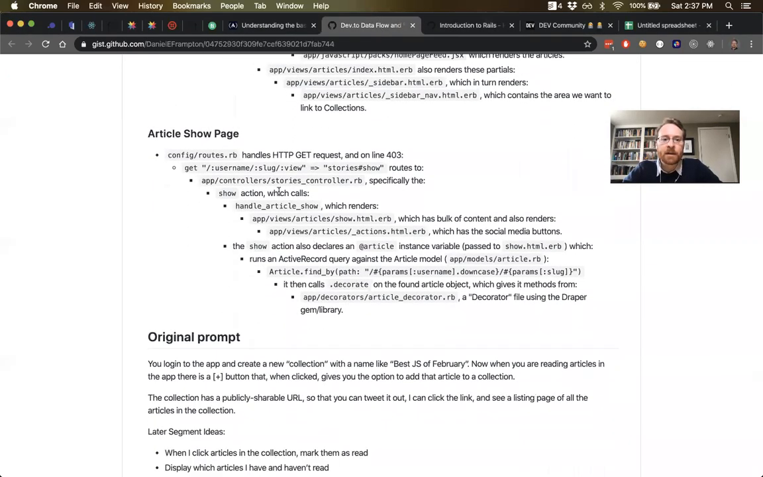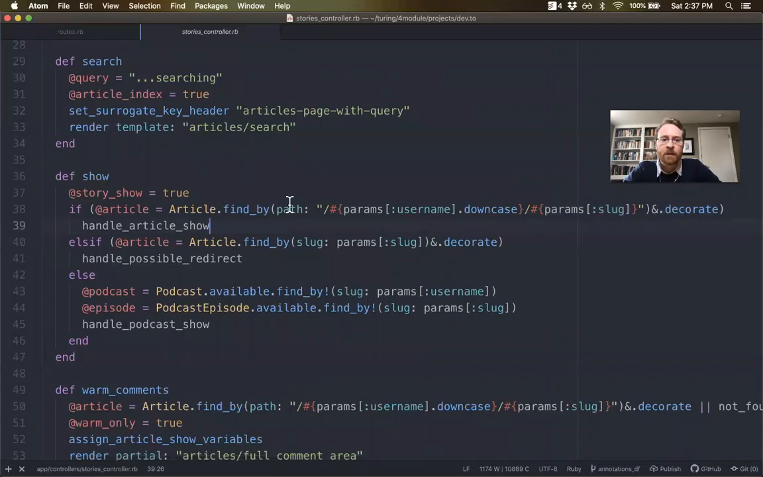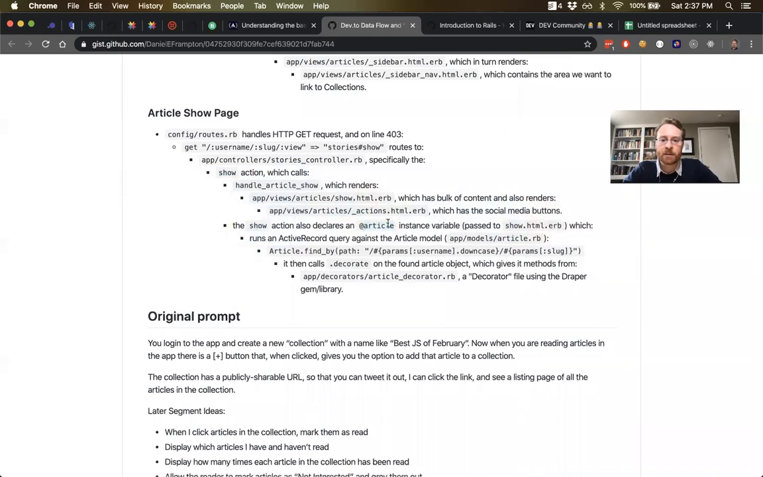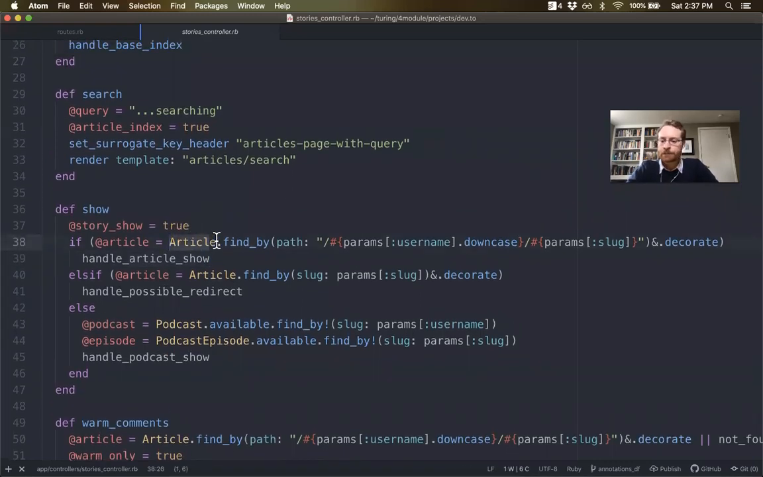We've gotten through the GET request, went to this route, took us to the stories controller, took us to the show action. It does some other stuff which we're going to come back to, but it declared an article instance variable which runs an ActiveRecord query against the article model. So when you see this capital A Article,